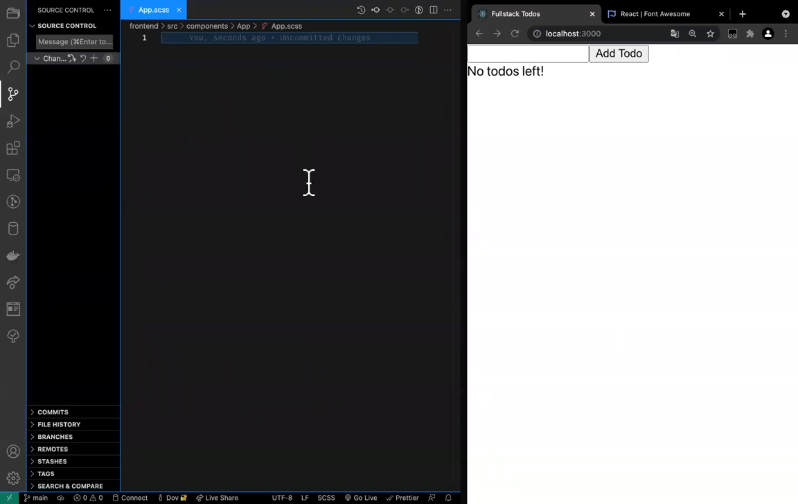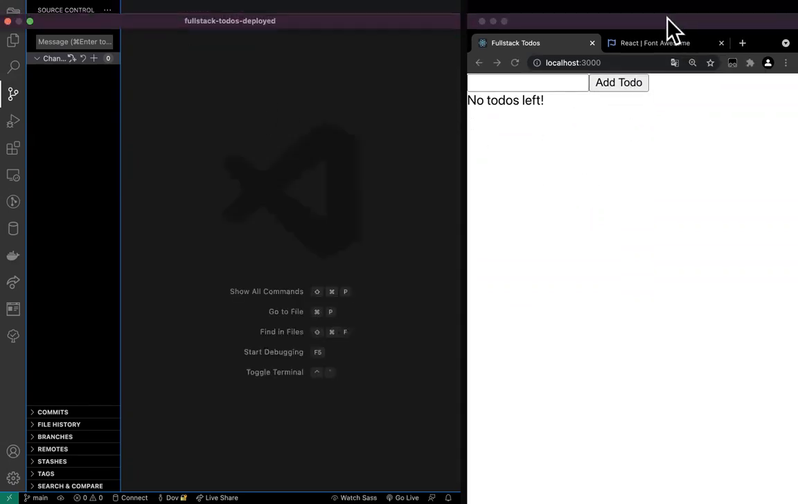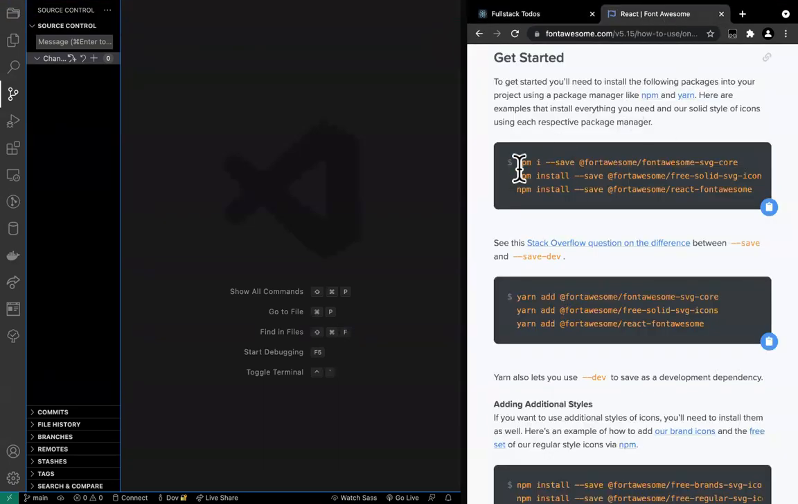Okay, so at this point, we have all of the basic functionality finished. I'm going to go ahead and start styling our application here. One of the first things I decided that I wanted to do is use Font Awesome instead of these words. So what we're going to do here is, I went already to the Font Awesome version